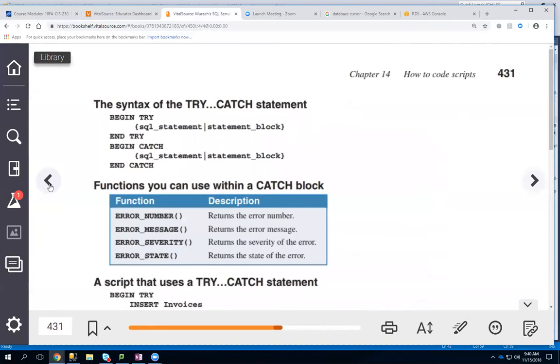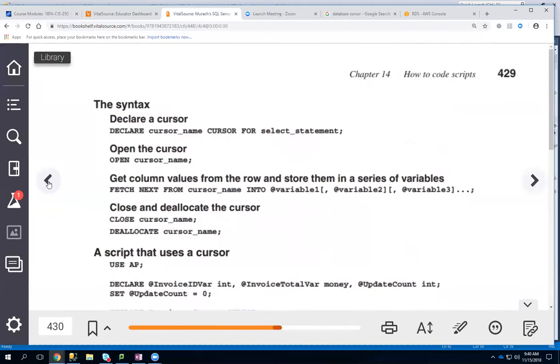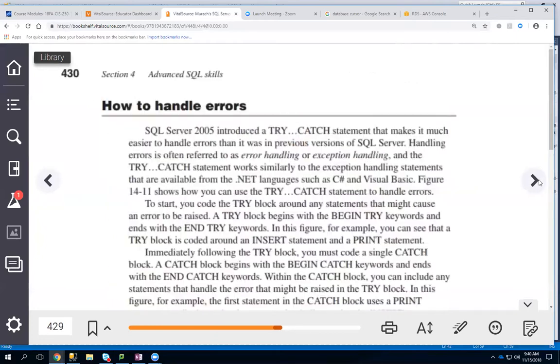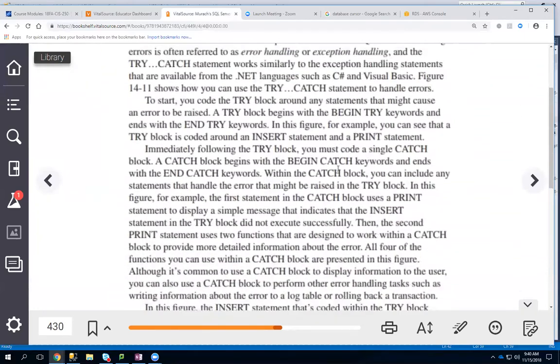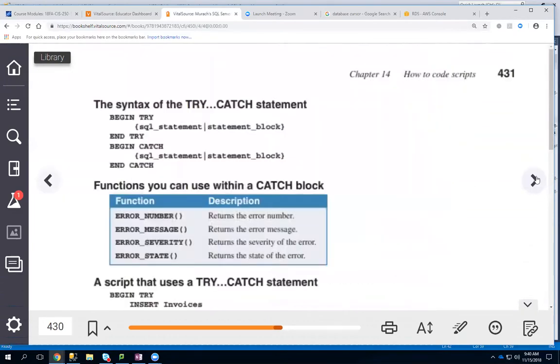So we see that our cursor may be dependent upon the system level. Usually a cursor is going to be something that's written in a program that's going to handle things like that. We definitely would have to worry about it. And how could we handle those errors? Well, we could do try catch, just like in our other programming languages. So with our try catch for SQL Server, we're going to prefix those with the words begin and end. Begin try,